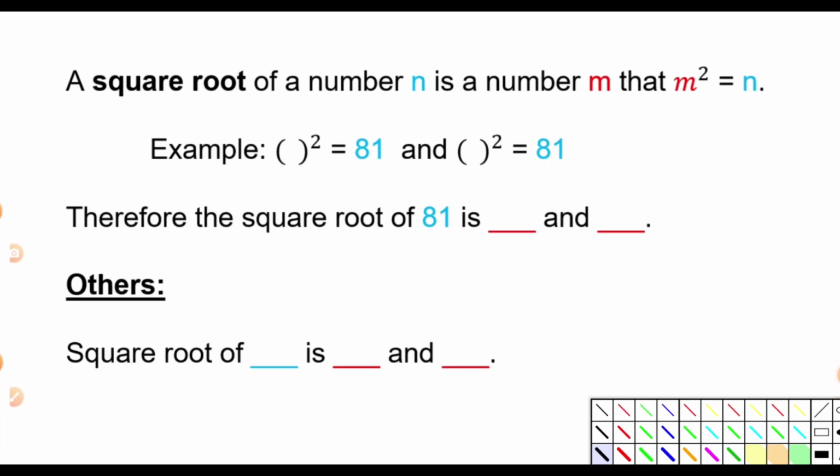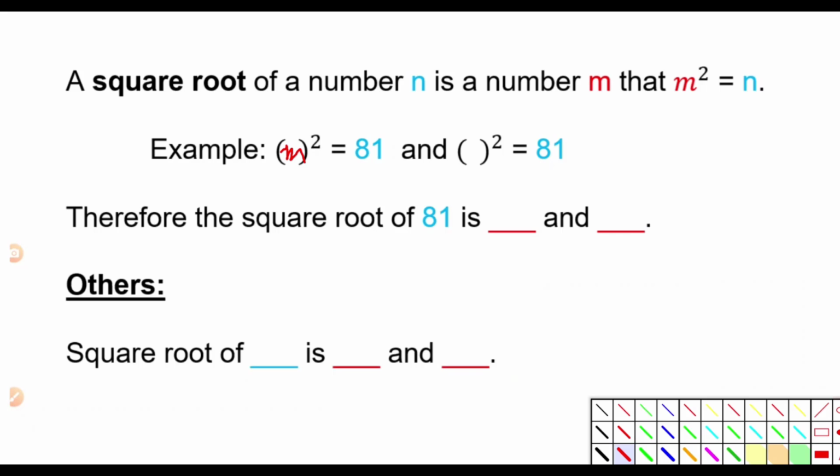Let's try to formalize what you were doing a second ago. It says the square root of a number n is a number m such that m squared equals n. Okay, that's a lot of language, but let's see what they're trying to say. So basically, if you want to find out what m is, or what the square root of 81 is,